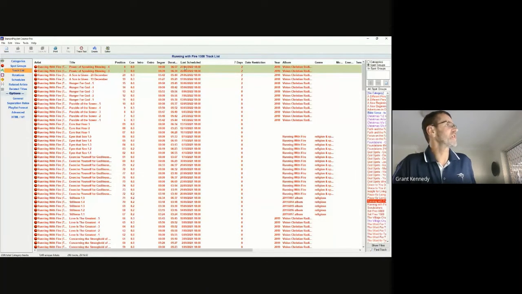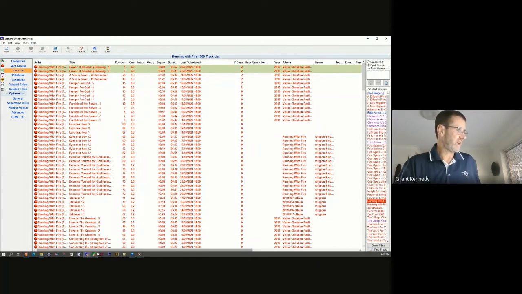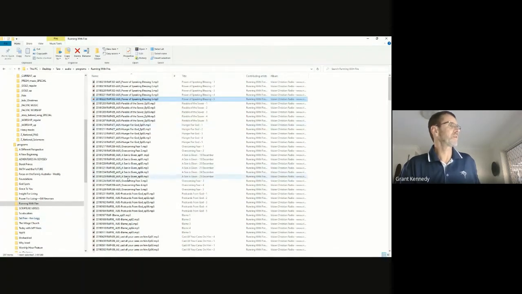And so it will schedule, because it's been told to do the scheduling in alphabetical order, and because these programs are in alphabetical order very carefully, it will schedule that one on Friday.